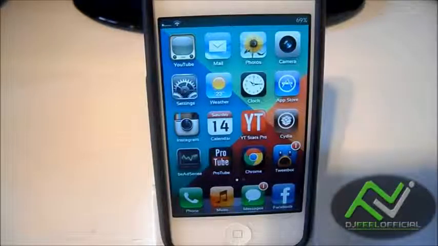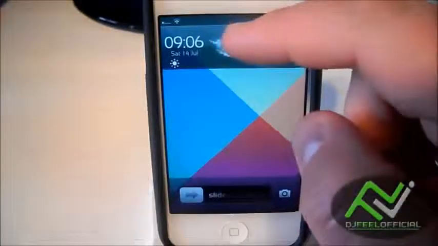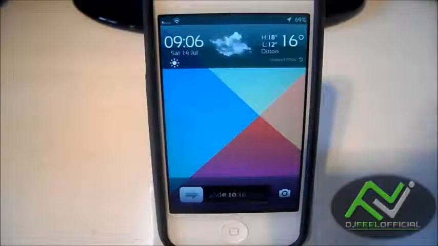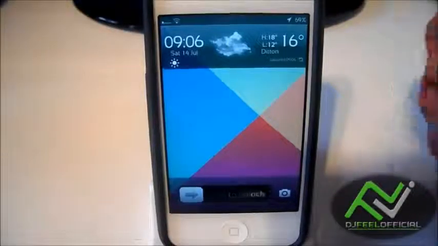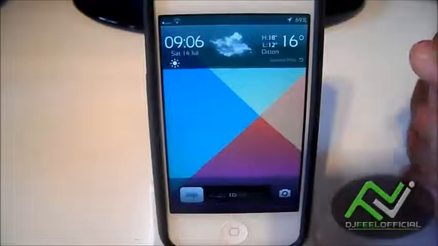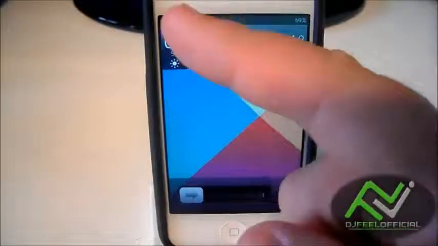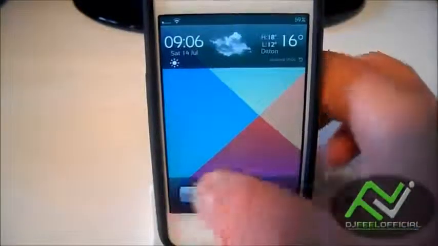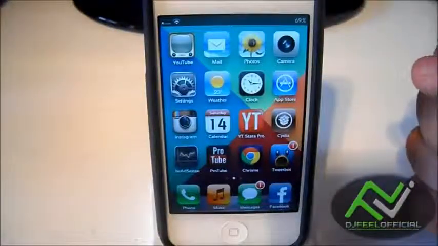Next up, we've got one called No Lock Icon. Now this is a really simple tweak, but you have your lock screen, and normally you'd have a little padlock in the middle at the top here just to show that you're on your lock screen. I don't really see the point of that, because I think most people would realise that I'm on my lock screen right now. So that's just to declutter the status bar a little bit, because you can see I'm trying to keep this as minimal as possible really. So that's a tiny little tweak really, but